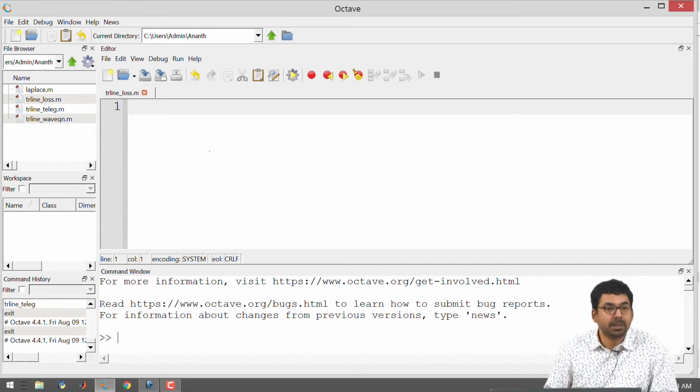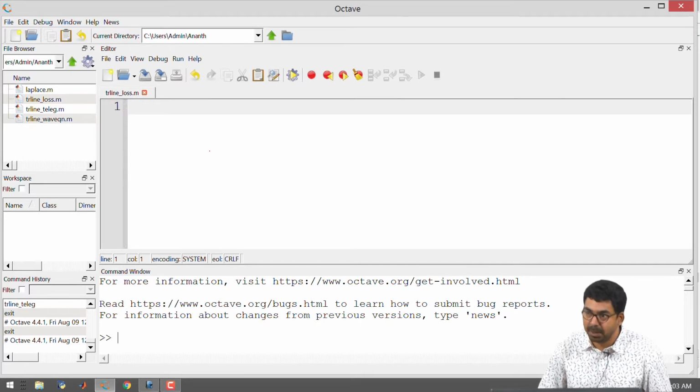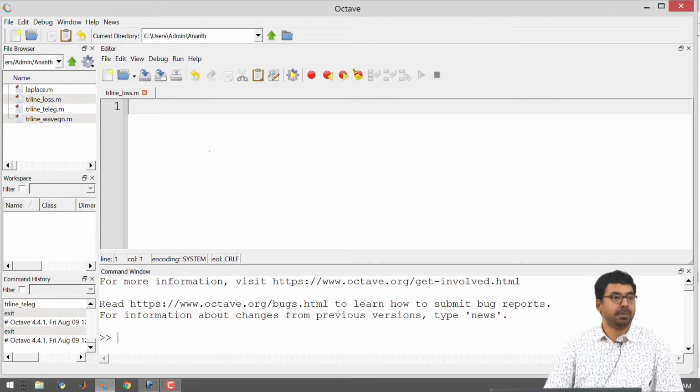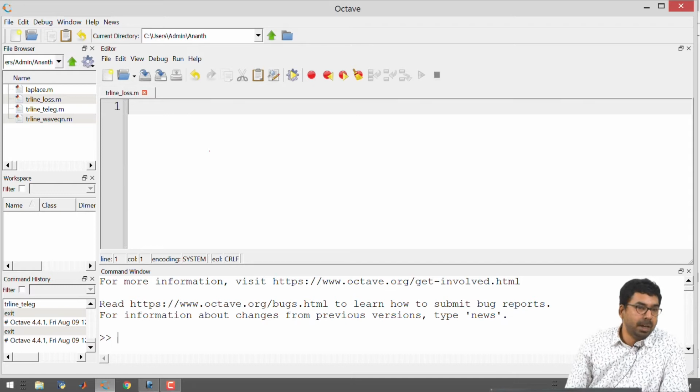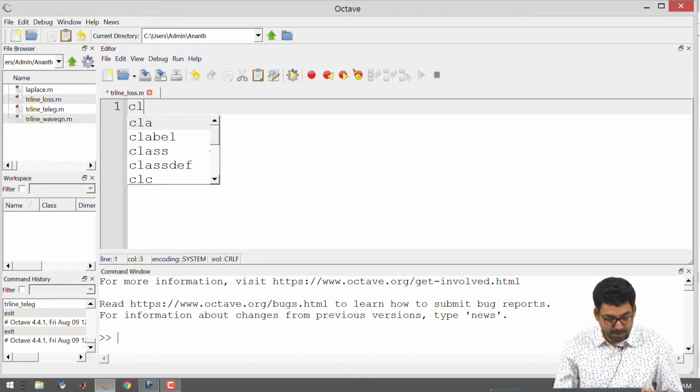There are some nuances to the code. Some nuances I will explain. Some of them are out of scope of this course. It will be dealt with in an advanced elective that you have named computational electromagnetics. But as much as possible, I will try to answer your questions. So I will begin with this.